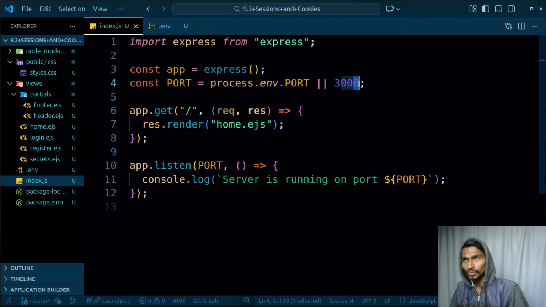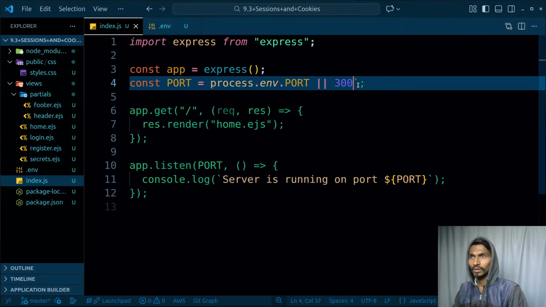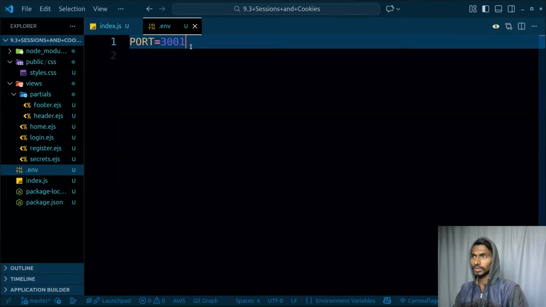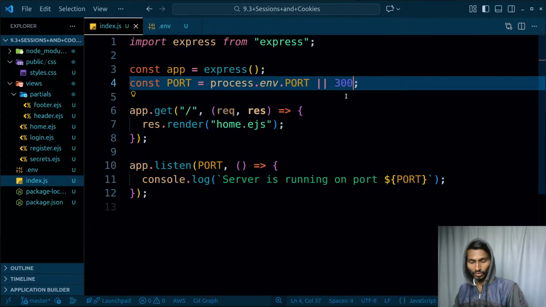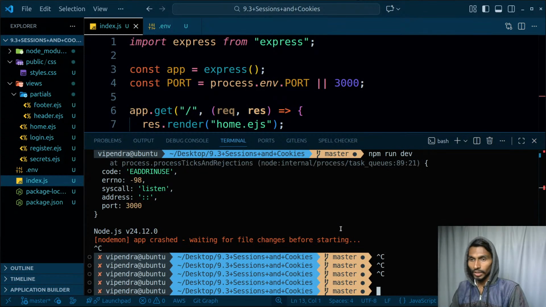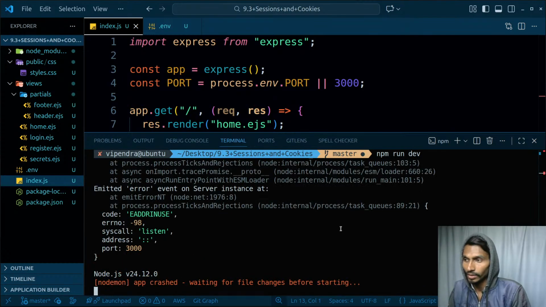Let's make it 3001. Why not? It's going to be 3001 right now, and in env, this is actually going to be 3001. I can even make it 3000 by default, and from the environment variable I'll be getting 3001. Let's run it again, npm run dev, and wow,